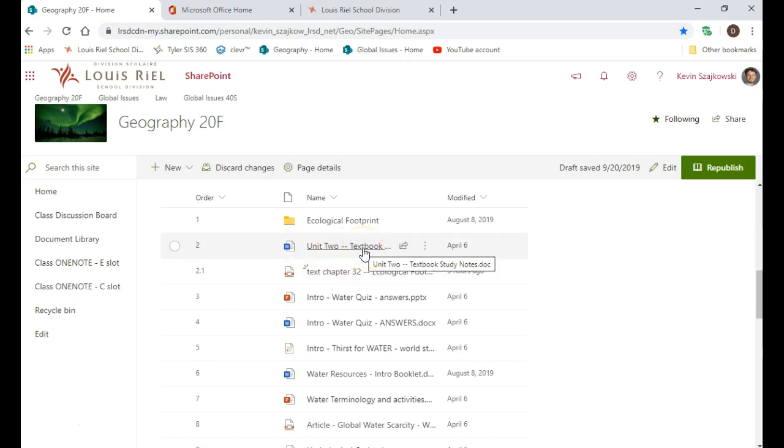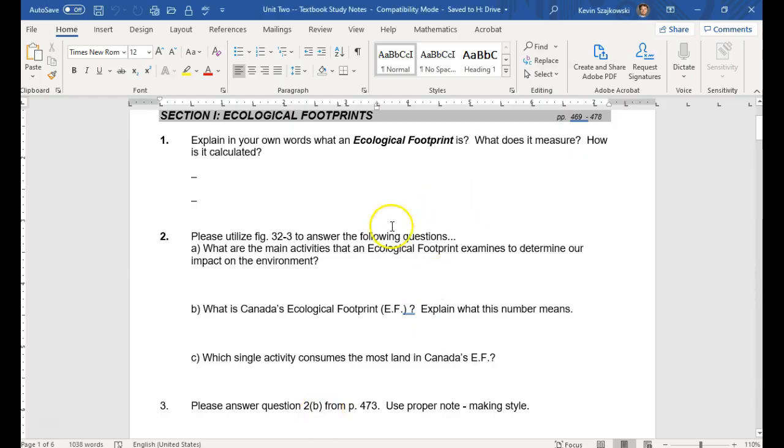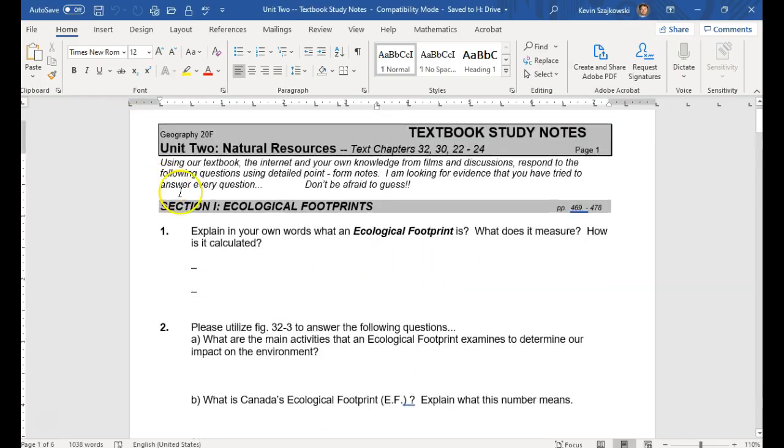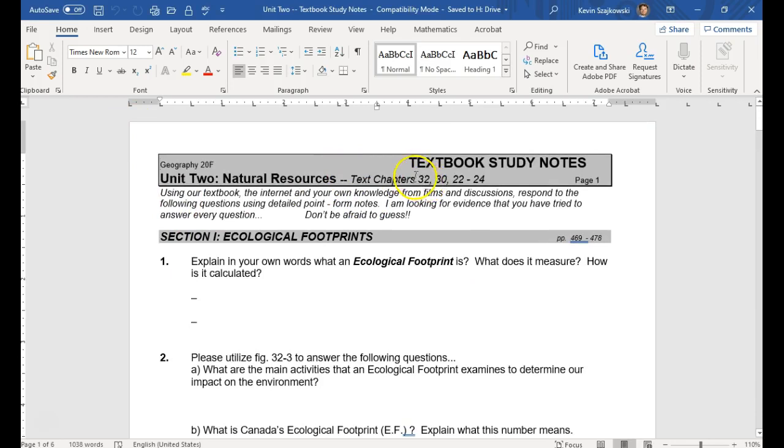But this textbook study notes applies to the entire unit. And later in the unit, we'll be doing some things around water and some things around forestry and logging. And that's why I did not put this inside the ecological footprint folder. It has stayed out inside the main Unit 2 area where we have other things going on as well. So going back to the actual textbook study notes, it's been a little while since we were working with these, but this lets you know which chapters we're going to be